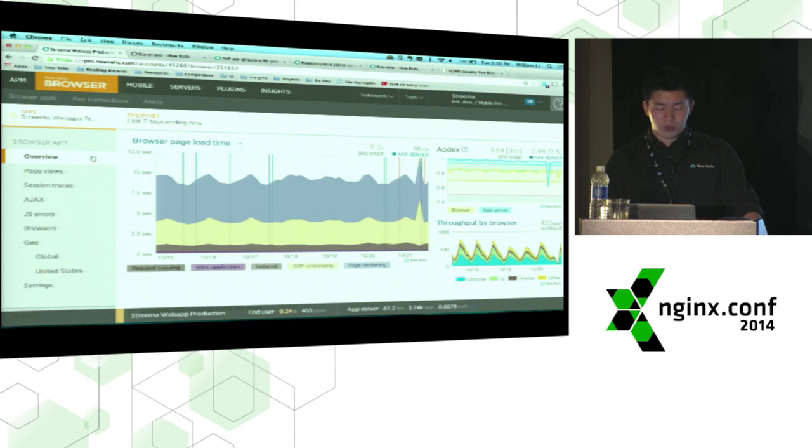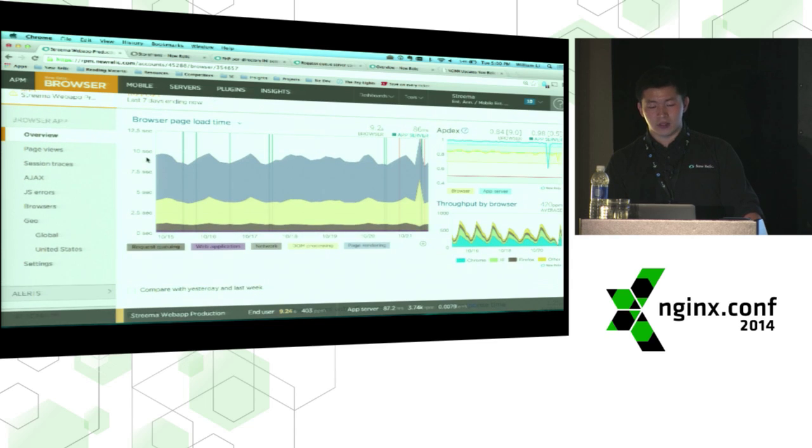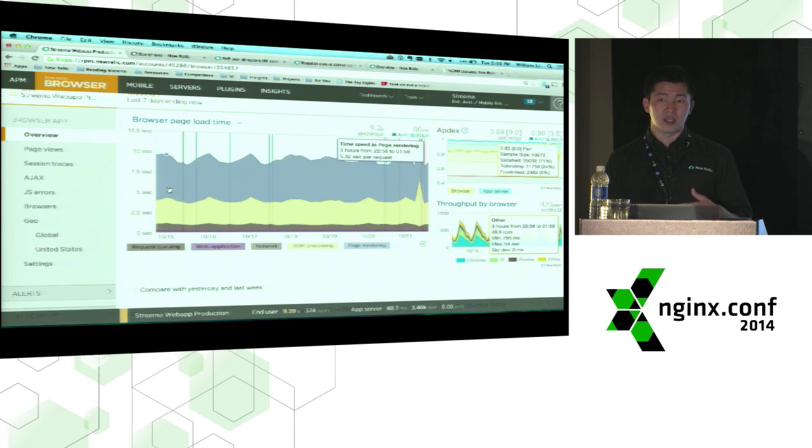Now, the reason this is so important is because if you look at this graph here, we can see that there's a distinct delineation between front-end time versus back-end time. Back-end time is time spent in the request queue, web app, or network, whereas front-end time is time spent in either DOM processing or page rendering, which is time actually on the browser. For Streama, they are a music streaming service, so the time it takes to create the page on the browser, which is the DOM processing and page rendering portion,